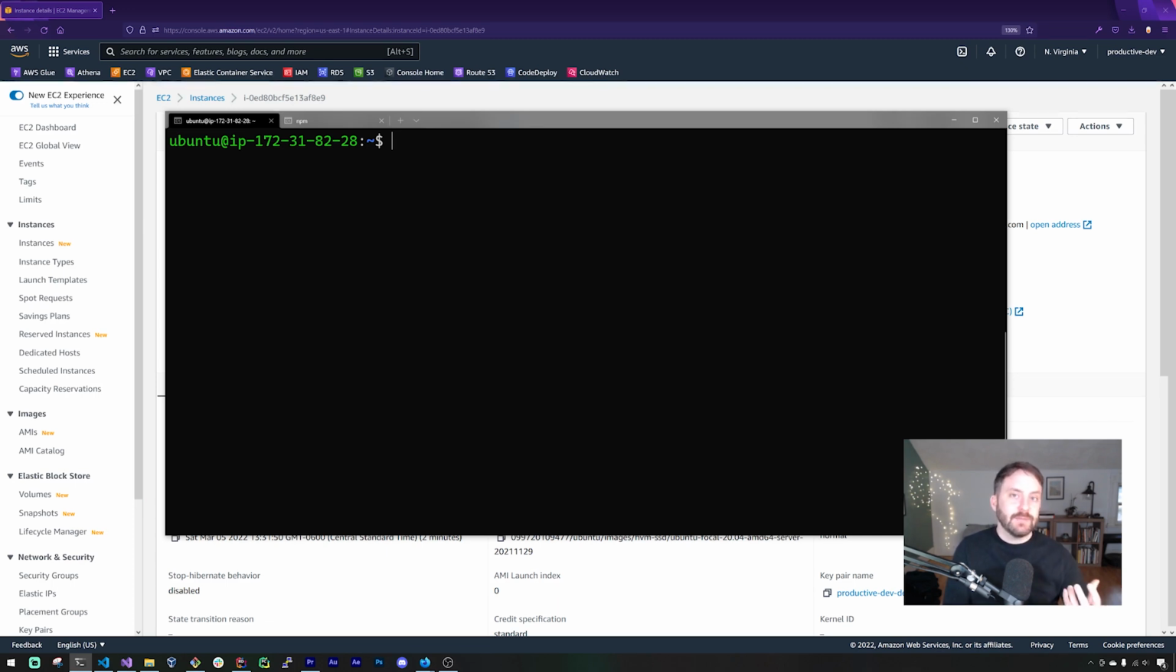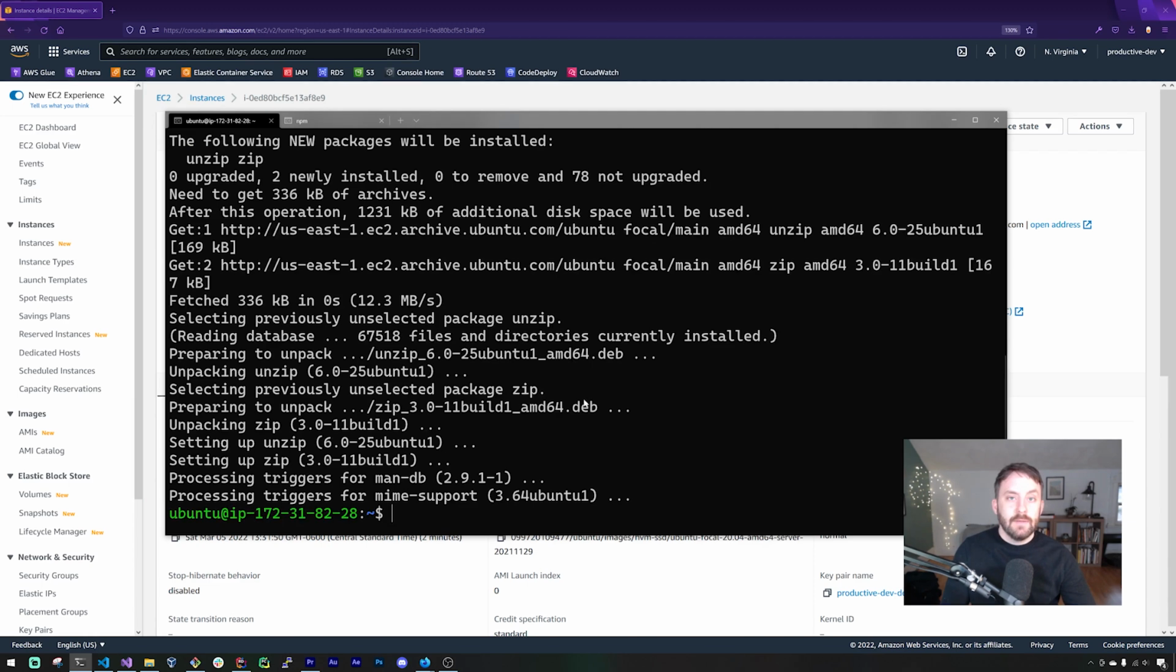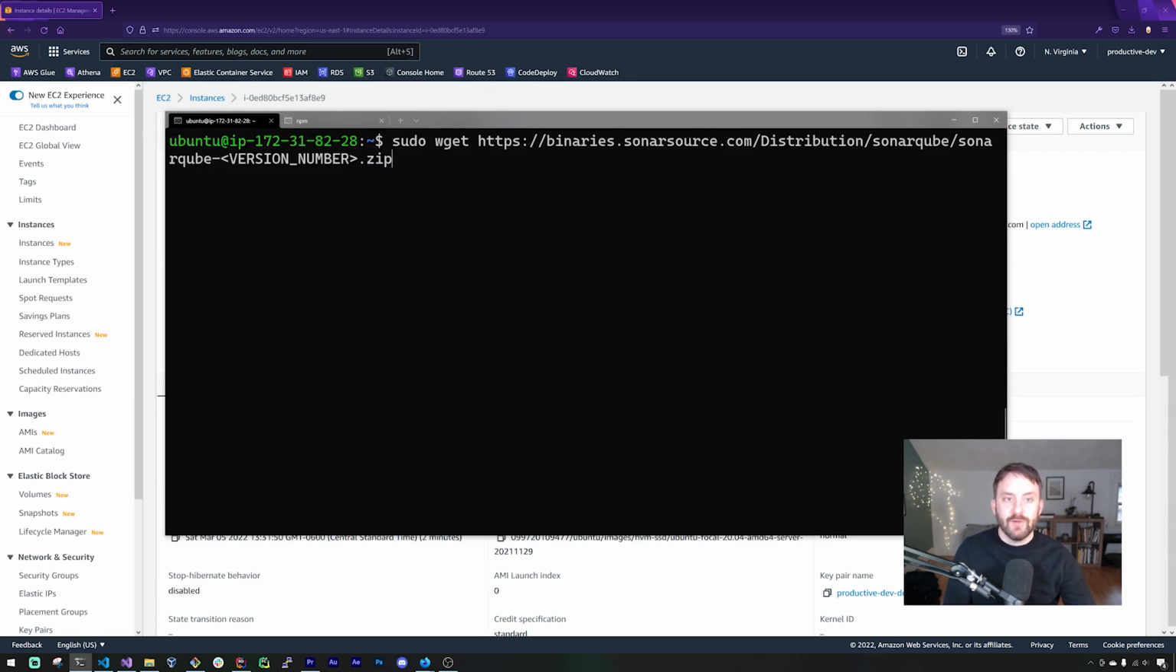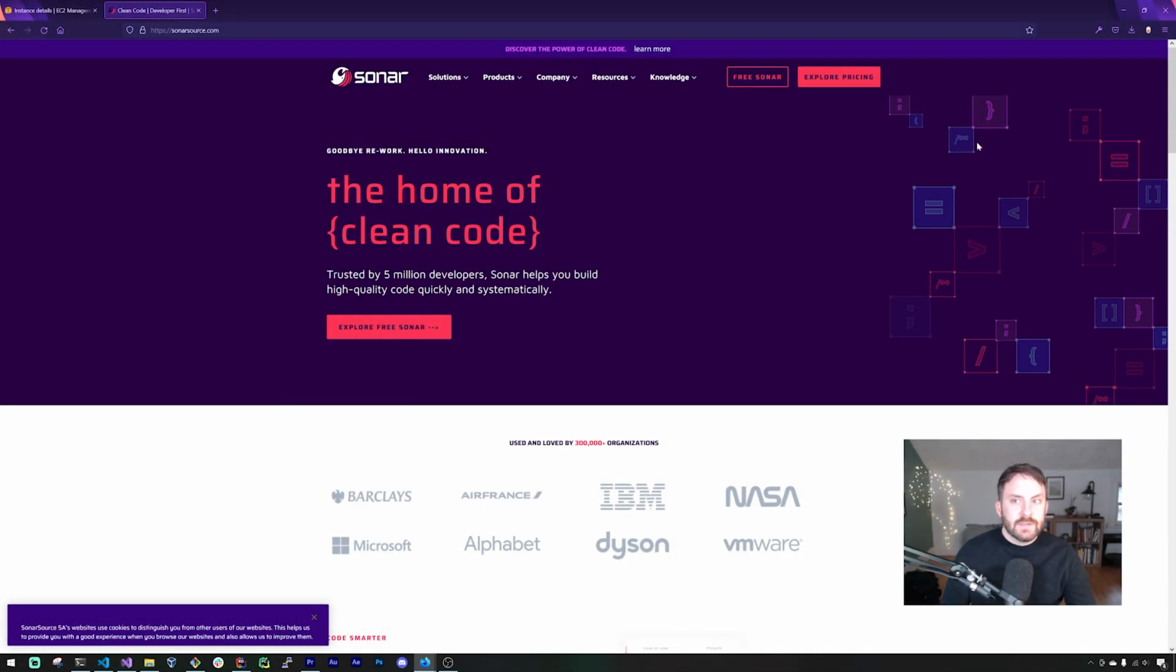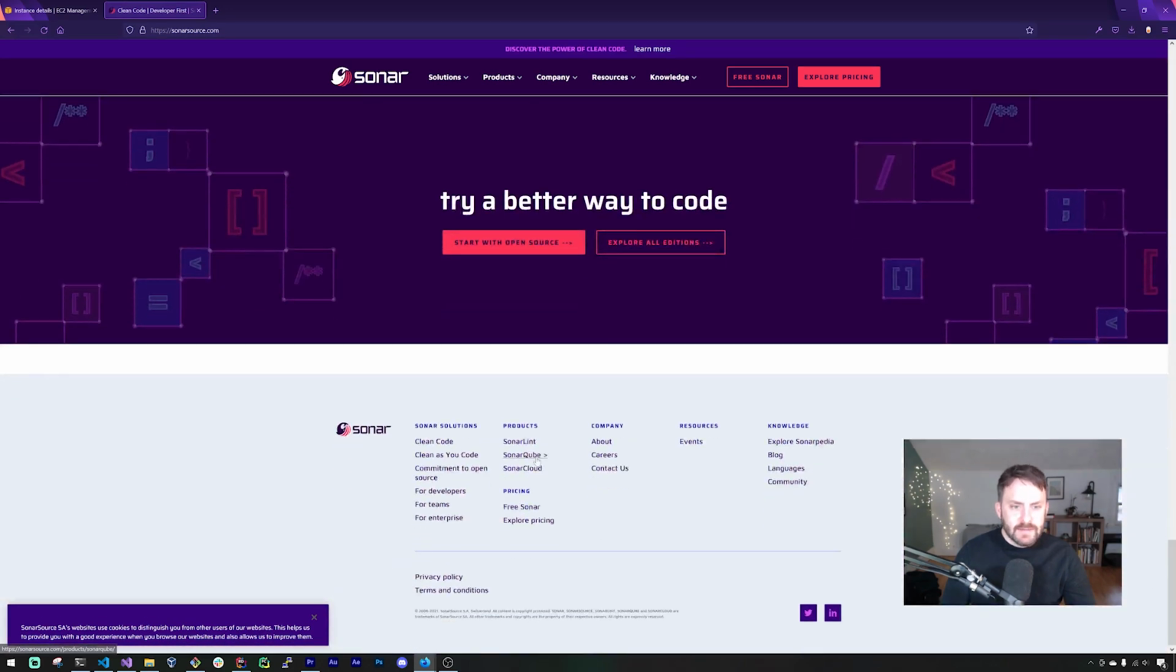Let's actually set up SonarQube now. The first thing that I'm going to do is install zip if it's not already installed on our machine. Then we're going to download SonarQube using wget from binaries.sonarsource.com/distribution, and we need to find an appropriate version number here. So what I'm going to do is head over to sonarsource.com, and let's find the most recent version of SonarQube that we can download. At sonarsource.com here, I'm going to scroll all the way down until we find SonarQube,